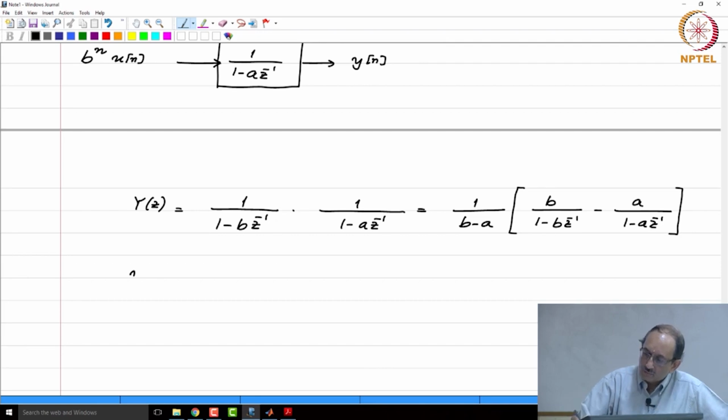And if you, by the way, before we get into the expression of y of n, what is it that we have assumed here? Has any assumption been made? Yeah, very good. B is not equal to A. Therefore, this is